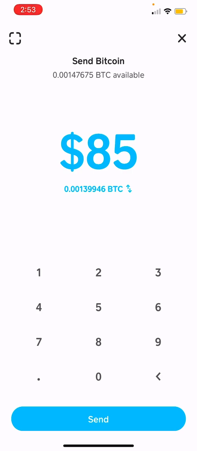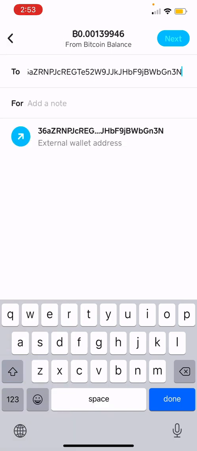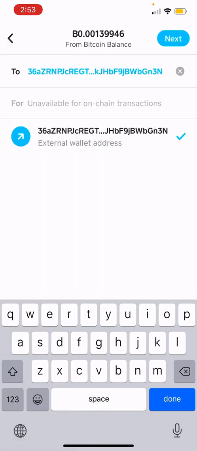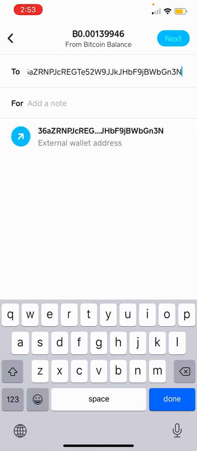So you click on send, then you click paste, then you click the second address that pops up. Once it pops up, then you click on next. If this doesn't pop up, let's say I remove it, and you put back the address, and you leave it like this. As you can see in the top right corner, the next isn't highlighted. So you need the next to highlight it. In order to do that, you have to click on